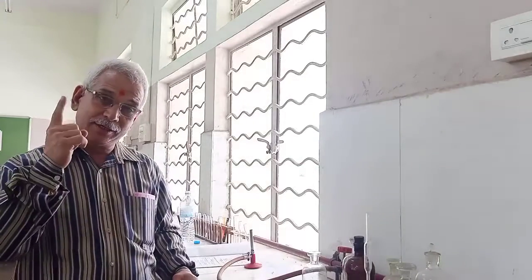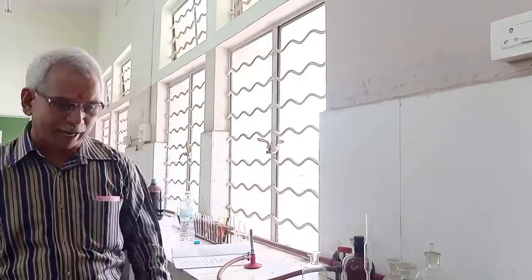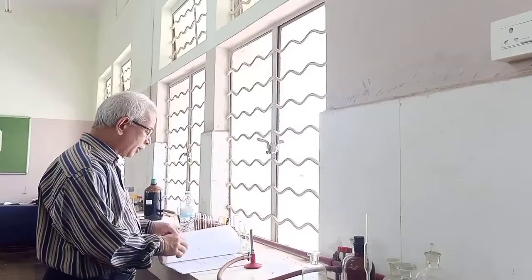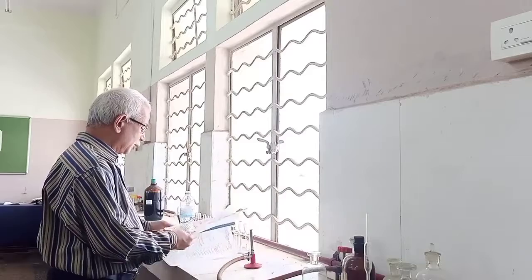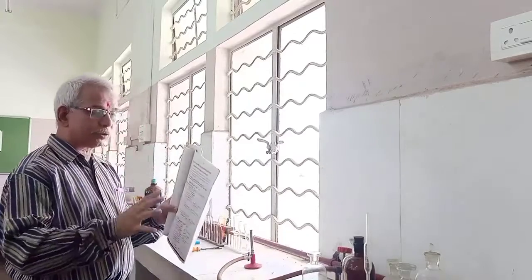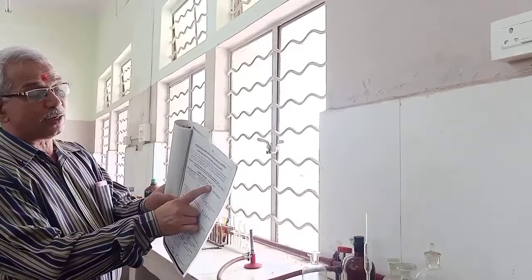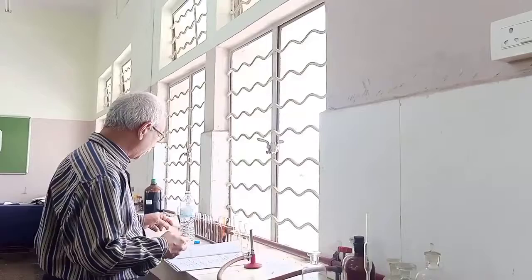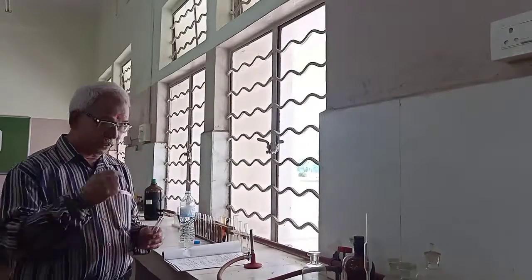Now we will go for what? The positive part of the salt, that is the cation or the basic radical. For this, you should go for the detection and identification of cations. They have divided them into groups starting from zero. Zero group is for what? Ammonium. Let us see whether ammonium is there or not. For this I am taking NaOH, salt and heat.